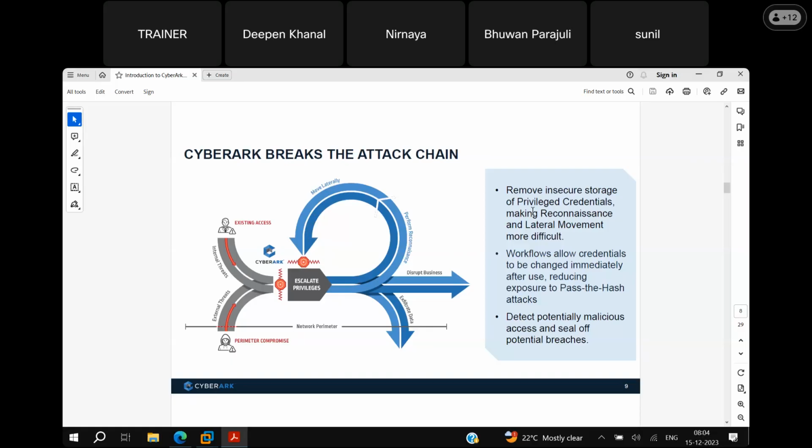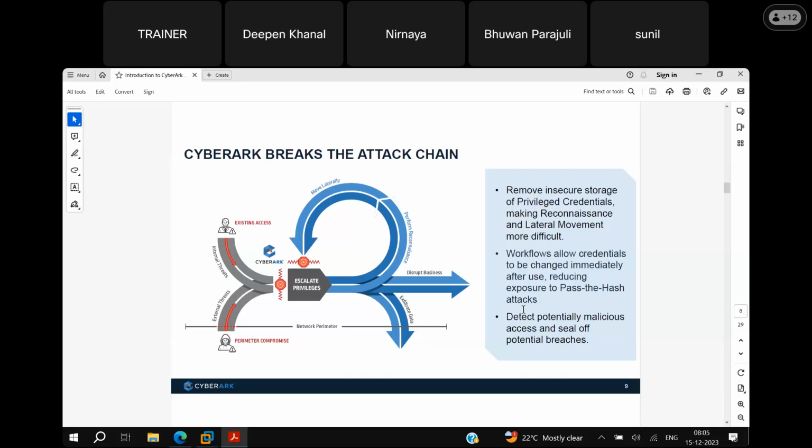Using the CyberArk product, it will remove the insecure storage of privileged credentials, making reconnaissance and lateral movement difficult. We have different workflows available in CyberArk. Workflows are nothing but policies where we can change the passwords immediately based on the policies we define.